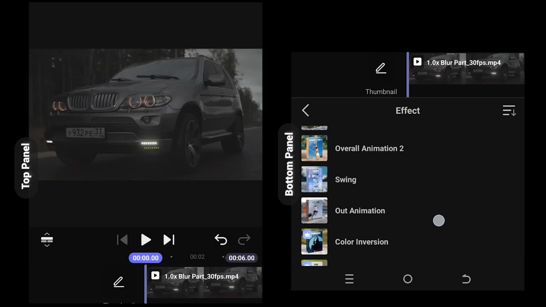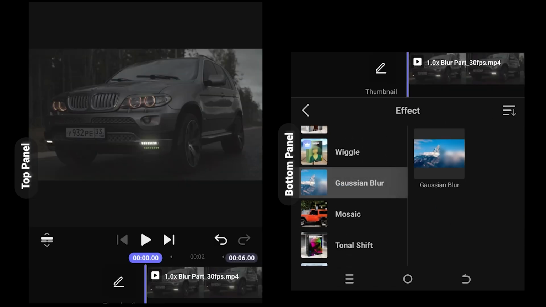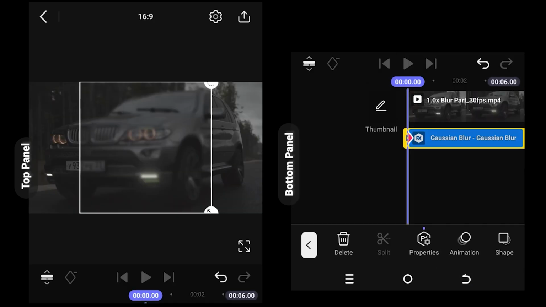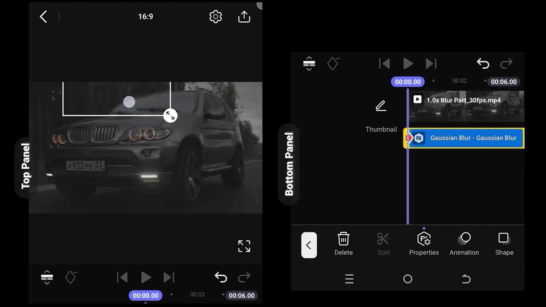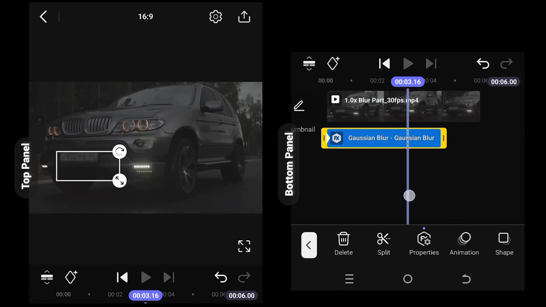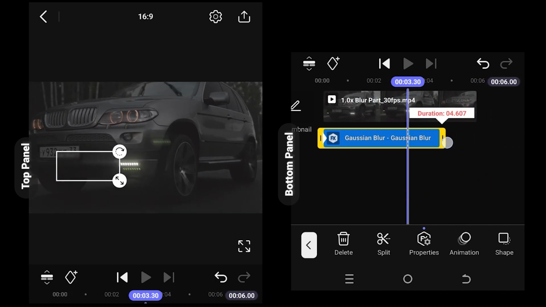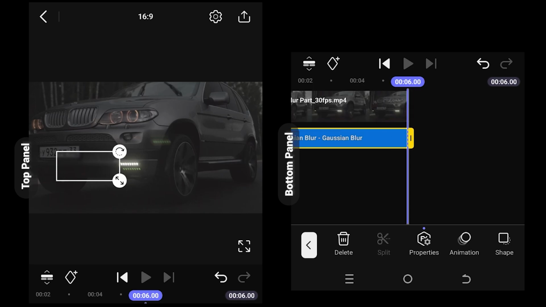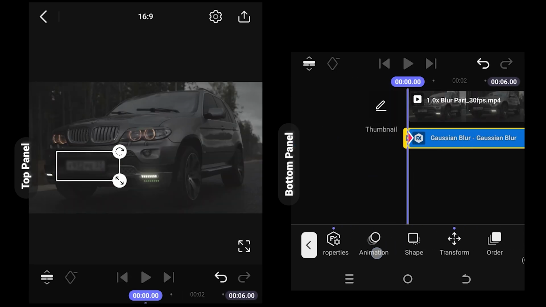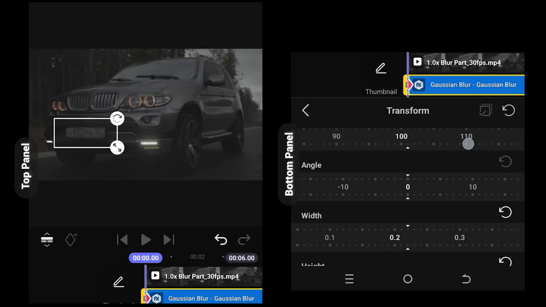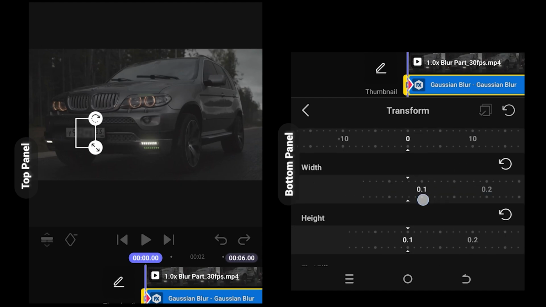Gaussian blur, back to the main timeline, resize and reposition the blur area, give the effect layer same length as the original video clip. Now look for transform, scroll down, adjust the blur area properly as you like,